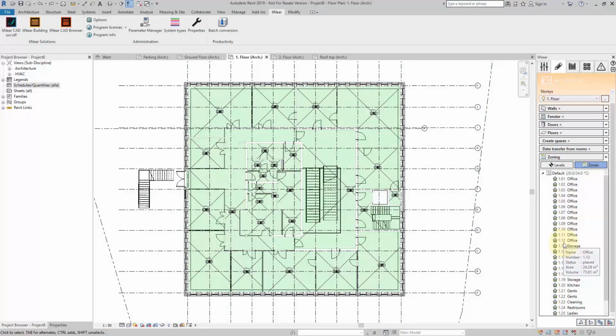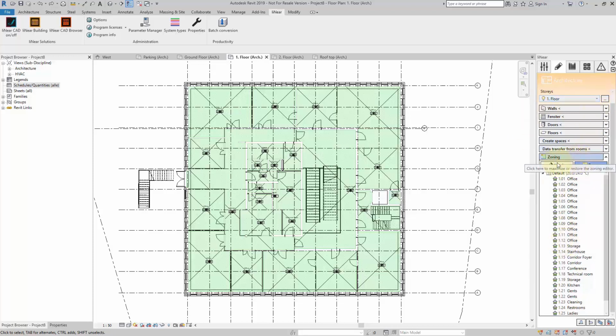Zones are an important grouping mechanism in MEP disciplines. You can easily define common properties like temperatures for heating and cooling, and then group all your rooms into zones. The advantage: while changing a zone property, all your affected rooms are changed also. The linear zoning is completely compatible with the built-in Revit zoning, but of course it puts additional functionality on top.